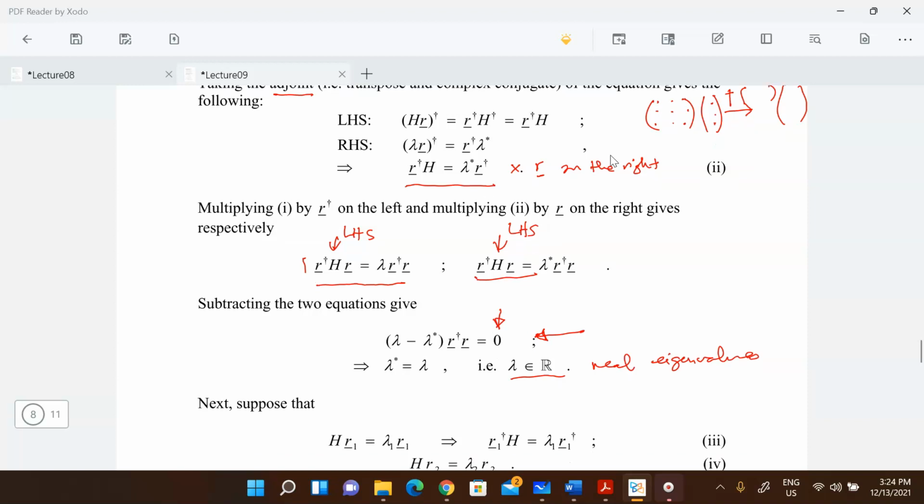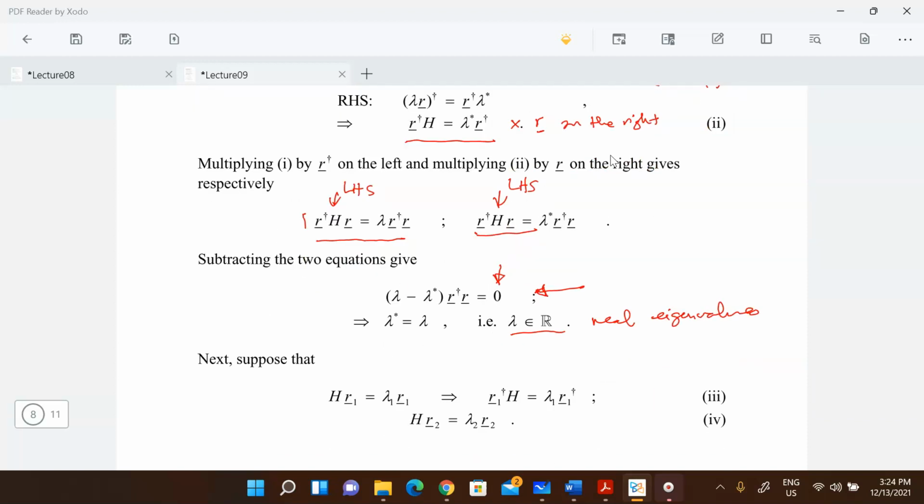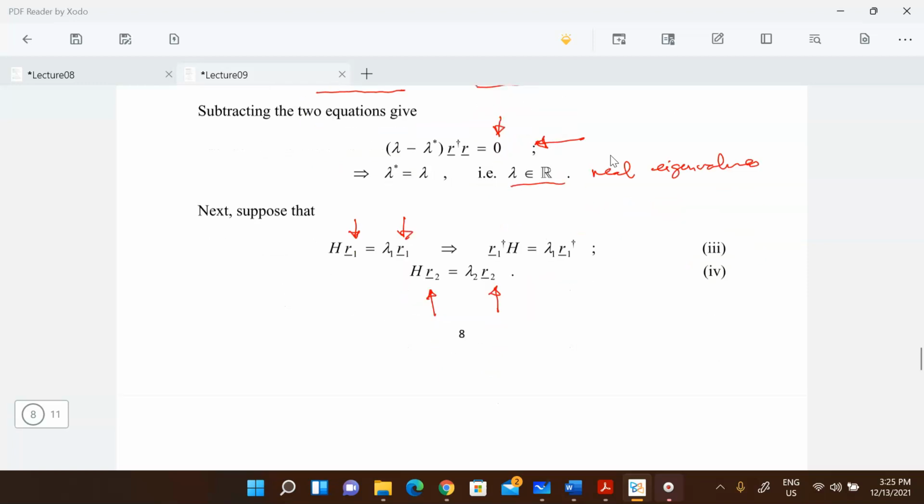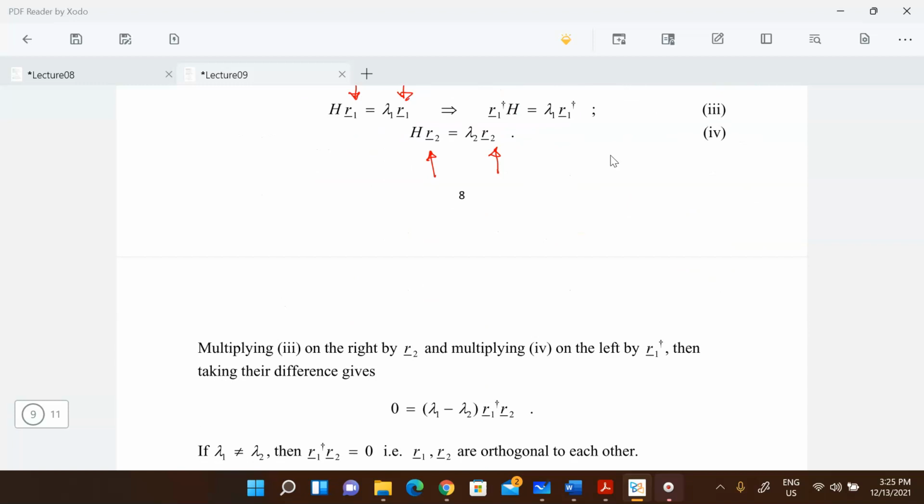And the eigenvalues are real because it belongs to the Hermitian matrix. And then let's consider the case where you have two different eigenvalues and two different eigenvectors here. Then you'll be able to show that